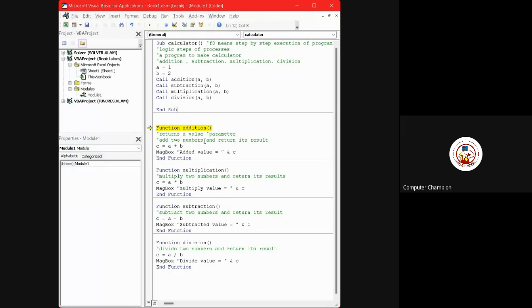Addition function you have understood. The subroutine will call the addition function and it will supply the two parameters. Just keep your eye on the two parameters.